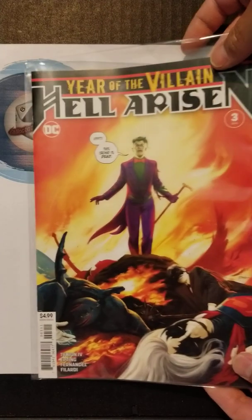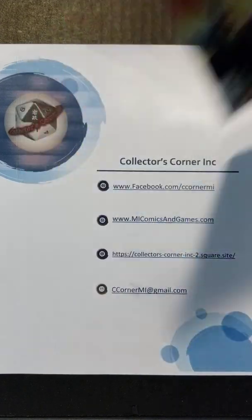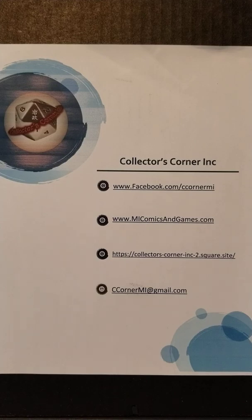Then we also have first prints of The Year of the Villain Hell Arisen, number 3. That is the cameo of Punchline, who's a Batman villain that's kind of burning up all the back issues right now. And then the last one we have in here is a reprint of Wonder Woman's first appearance in Sensation